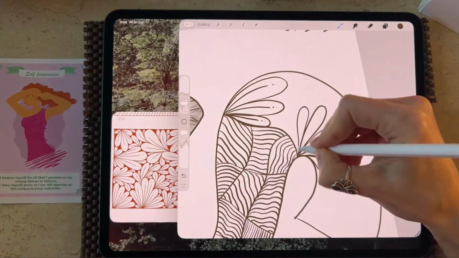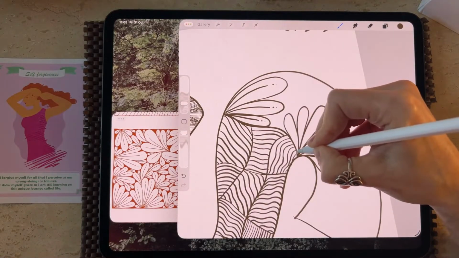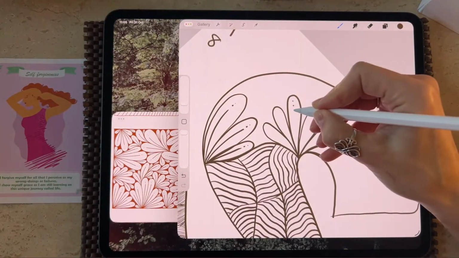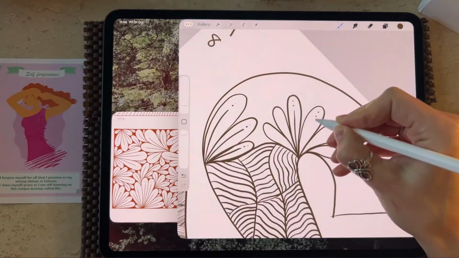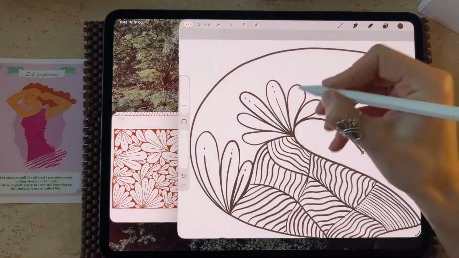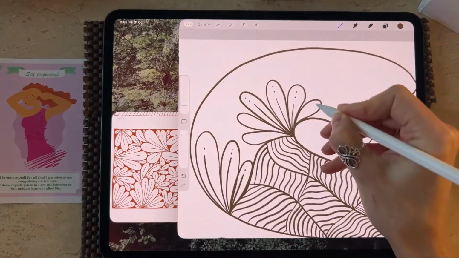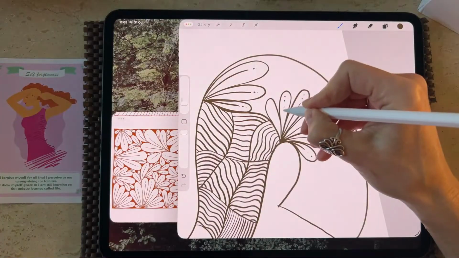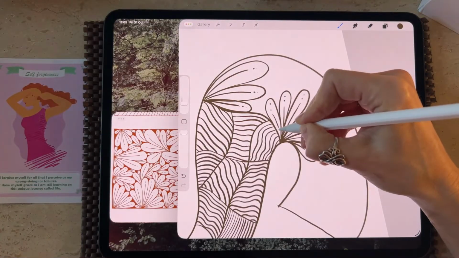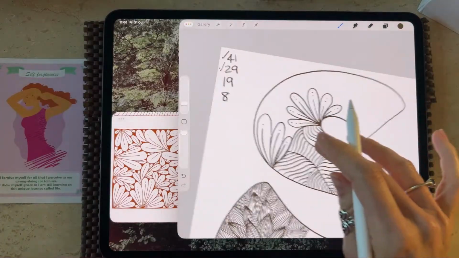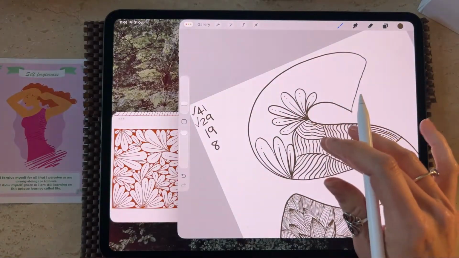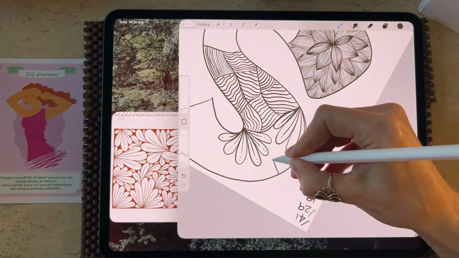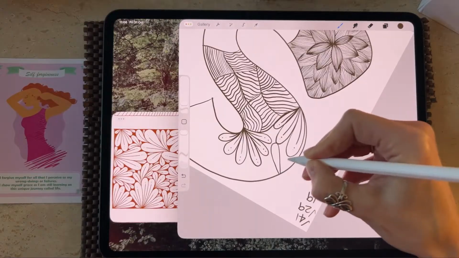Reminds me of a bird's nest fern, I think is the plant I'm thinking of. Turning your page around and fill the gaps.